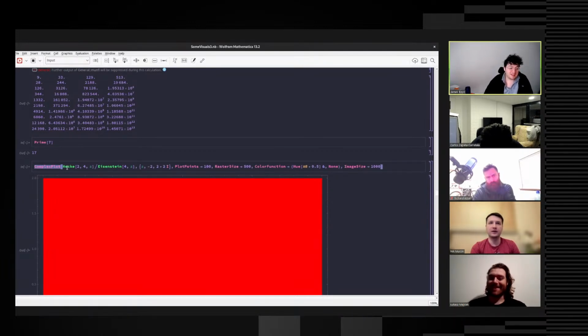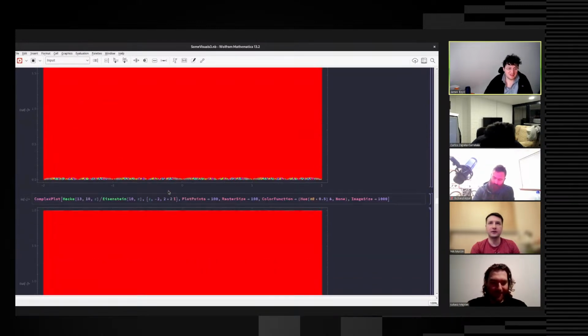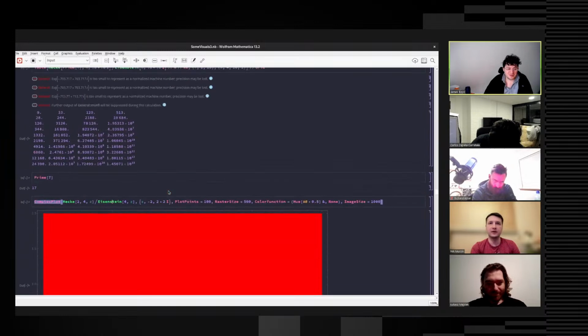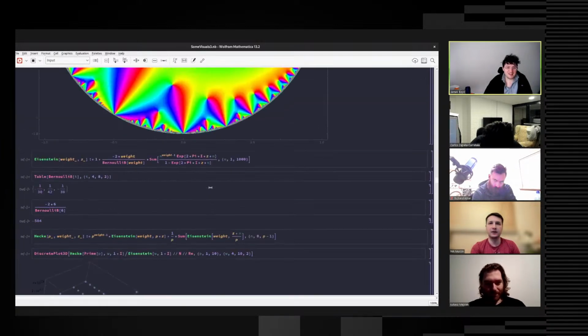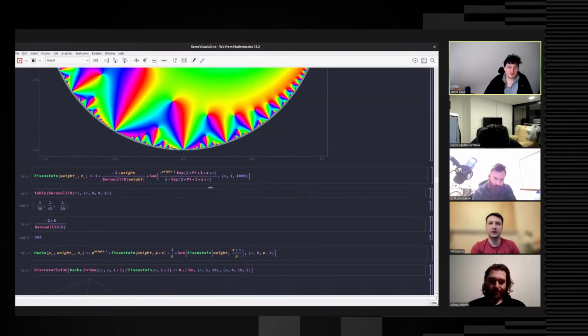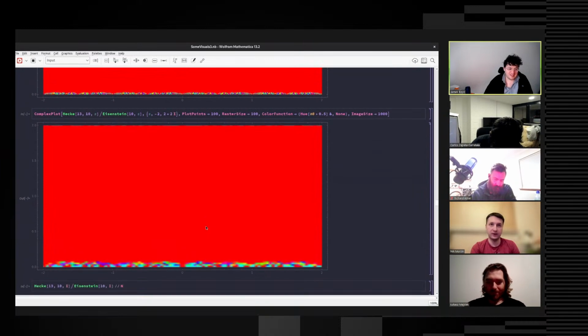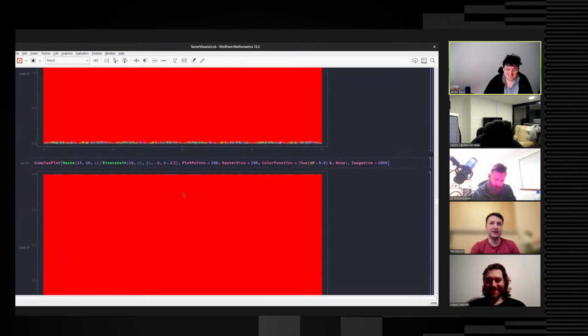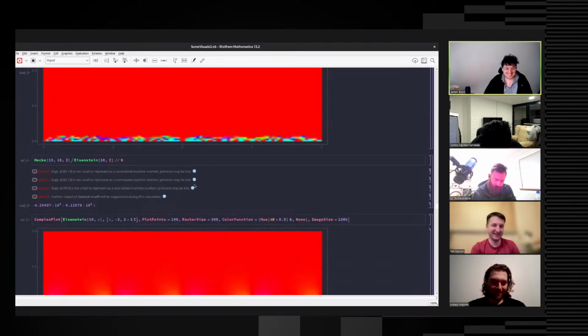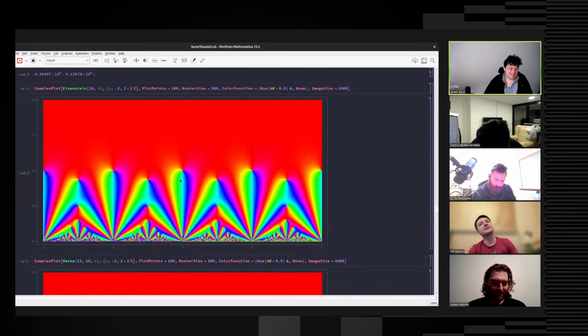The point is, if you take the corresponding Hecke operator for prime 2 for the Eisenstein series of weight 4, then you divide by the Eisenstein series of weight 4, you should just get some scalar. It should be your eigenvalue. And so that's why the plot is just completely red. Łukasz and I were screaming in joy to find this. It was like a football match or something.